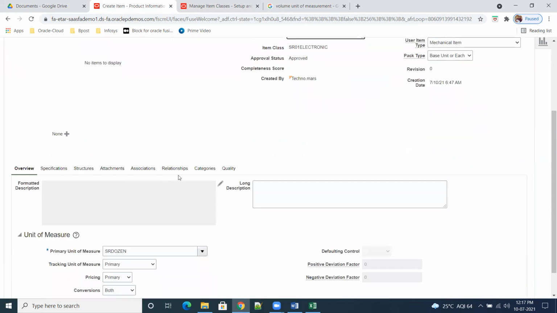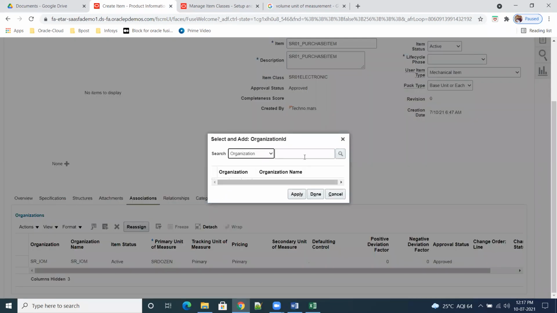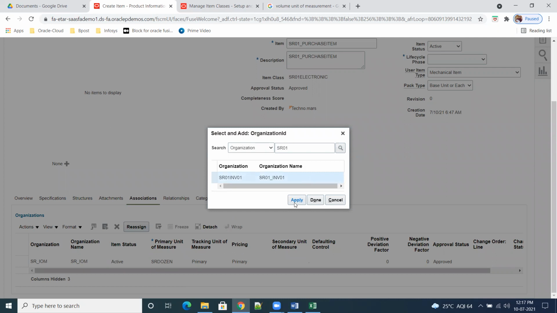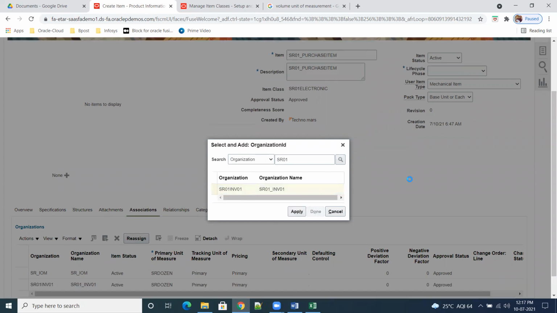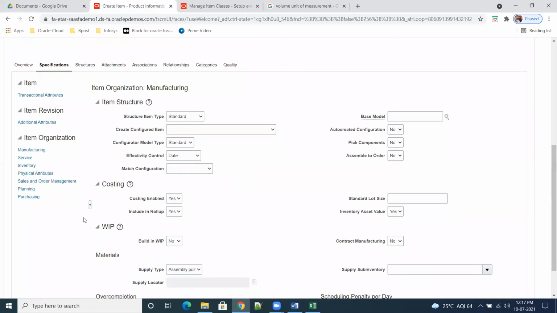Okay. So what I have to do? Go to associations. Categories also we'll see in the next class how to define our own categories. So what is my inventory org? SR01 invent. So it is created by my name and specifications. These are defaulted. If you want, you can change whatever you want. And relationships also we'll see in a later class, category and all.